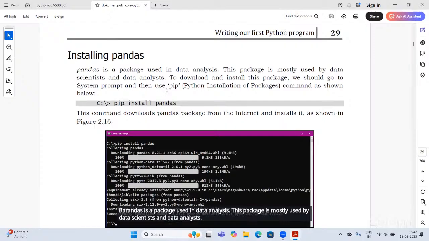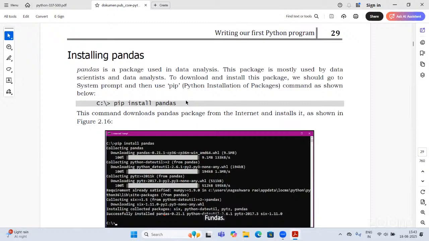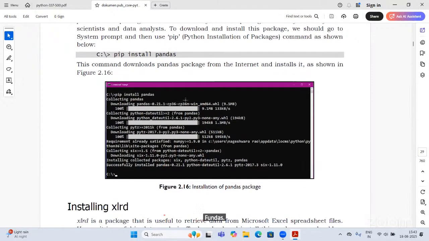To download and install the package, this is the command: the same pip, Python installation of packages, pip install pandas. This is the screenshot of the installation of the pandas package. At the end, we'll get this message: successfully installed pandas.